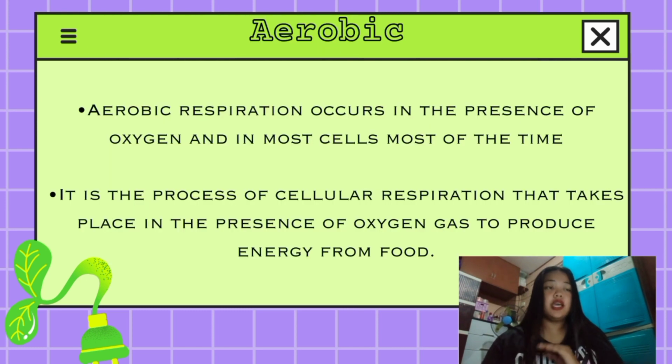Aerobic respiration occurs in the presence of oxygen, in most cells most of the time. It is the process of cellular respiration that takes place to produce energy from food with the presence of oxygen. This type of respiration is common in most plants, animals, birds, humans, and other mammals. In this process, water and carbon dioxide are produced as end products. Aerobic respiration takes place in the cell's mitochondria,